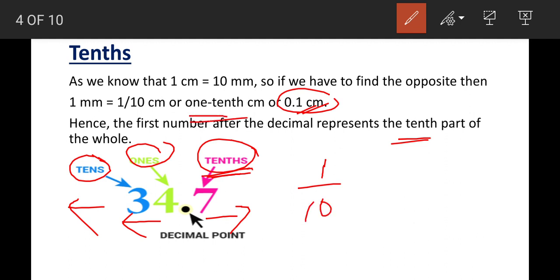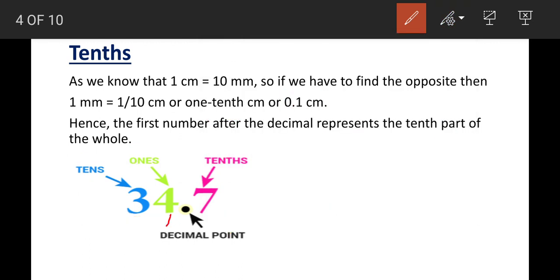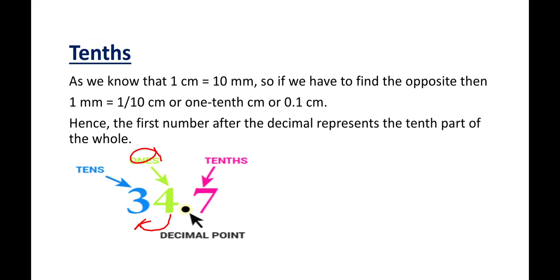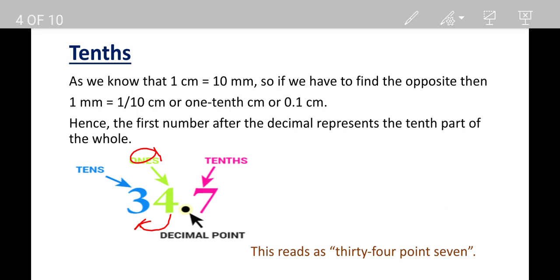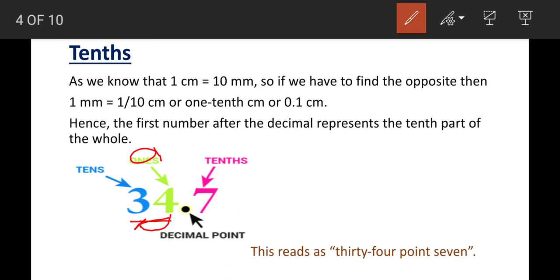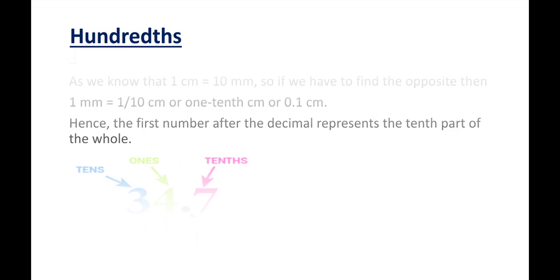This decimal point separates the left side and right side in a different manner. While we are moving towards the left side, we are multiplying each digit; here it is ones place, meaning the value of ones is 1, value of tens is 10. We will discuss all this in the place value chart. So how to read this one? Here it is 3 4, it becomes 34. Then you have to say point, and after that you have to say the decimal digits one by one. So here it is 7, so we just say 7. So it becomes 34.7. Next we will discuss 100th.